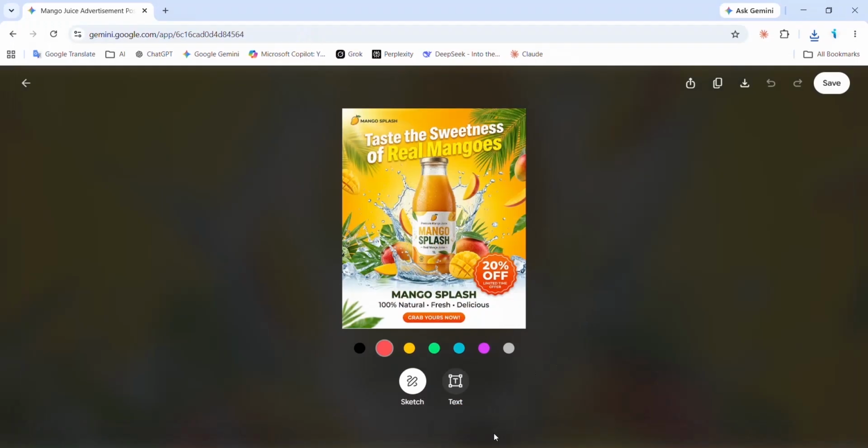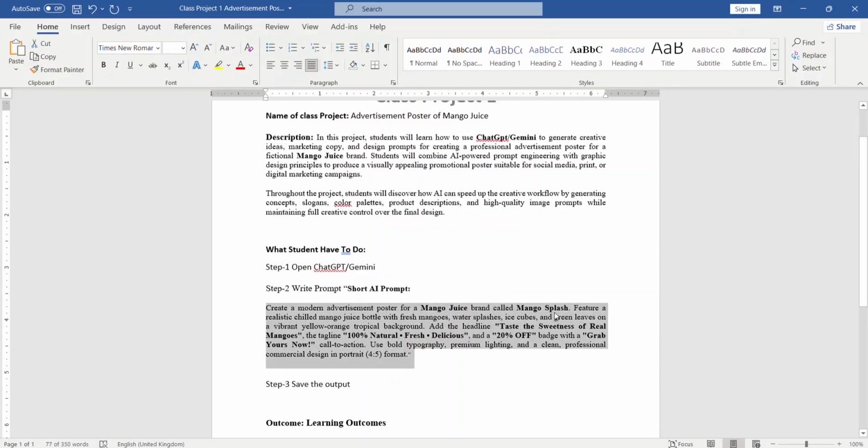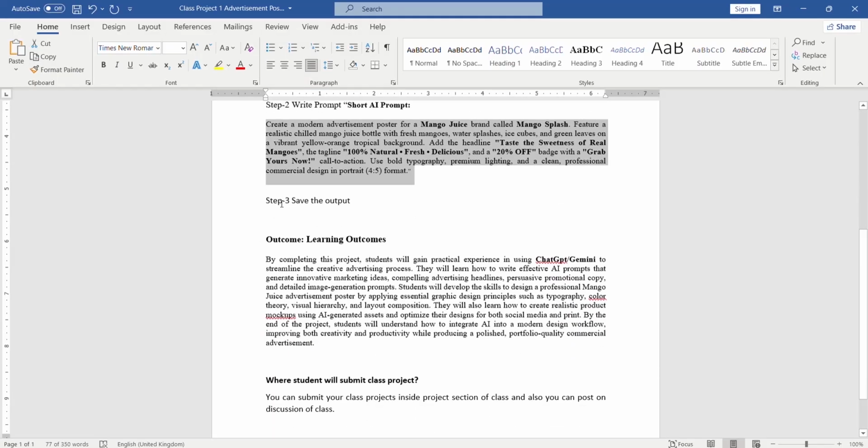Okay, so after saving it, let's focus on the class project doc file. We already completed the save the output step. So we already have the downloaded file. And if you focus on the learning outcome, by completing this project, you will gain a practical experience in using ChatGPT or Gemini